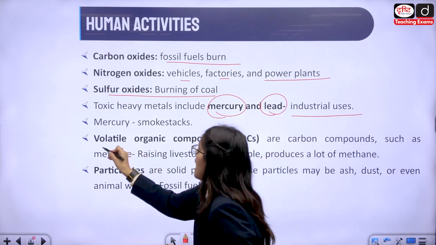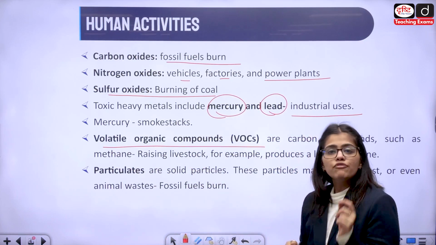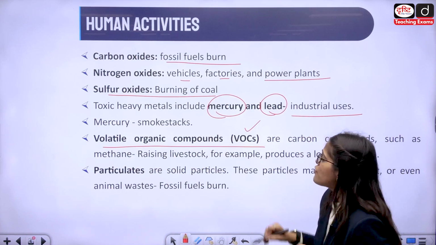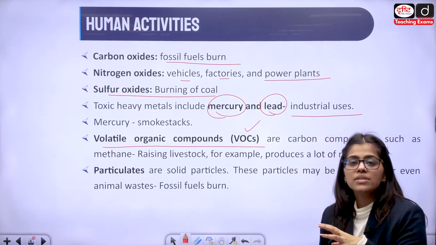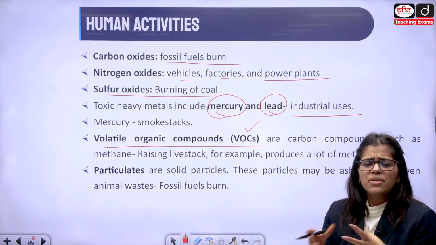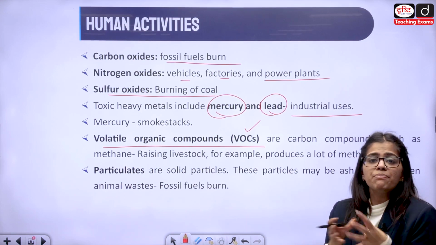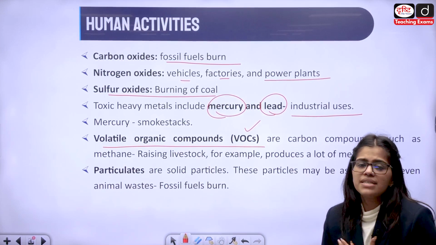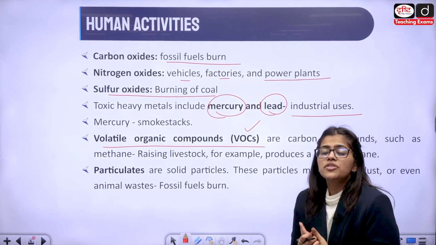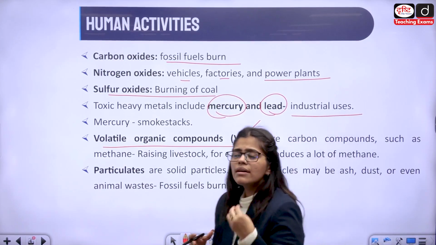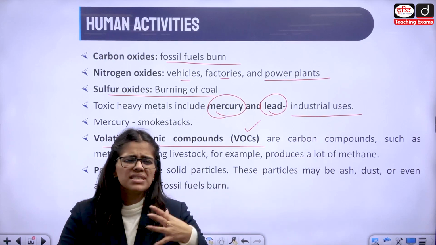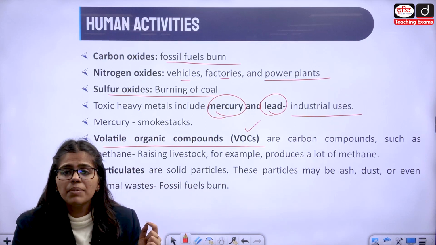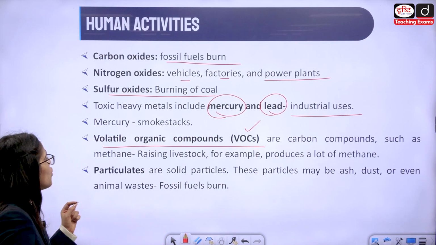Then there can be VOCs. Even the full form is important and they have also asked this in the paper. VOC stands for volatile organic compounds. These are the compounds that are ever present and they impact a lot of humans because respiratory problems are basically seen because of the VOCs. So you must have gone near the computers or the printers and you must have noticed a very foul smell coming out of it. It is nothing but carbon and it's a kind of VOC.